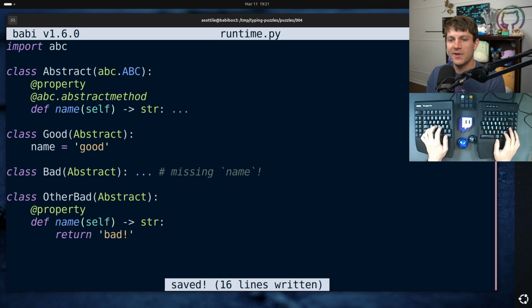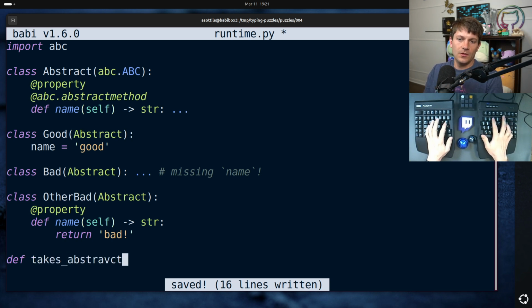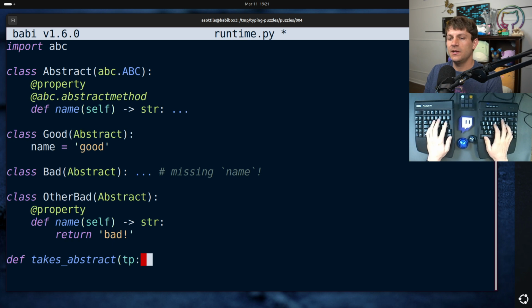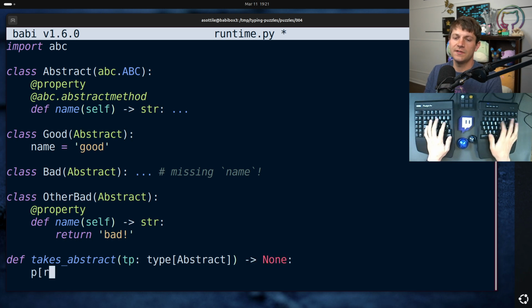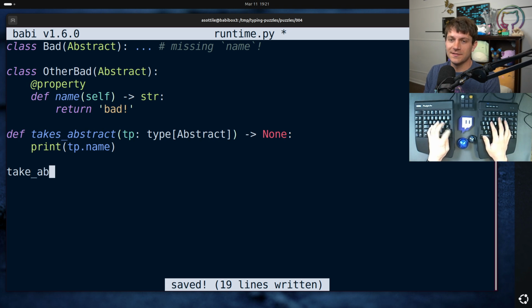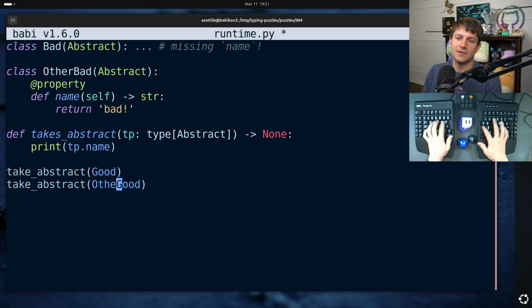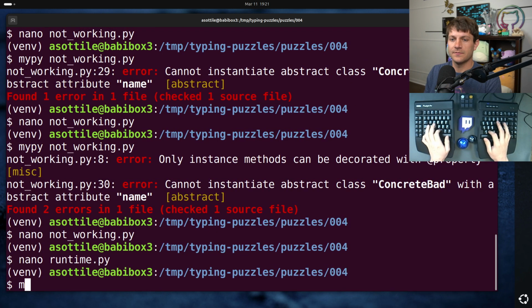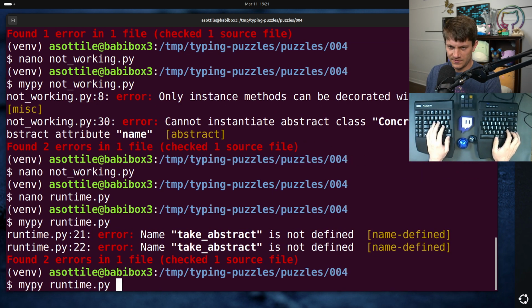And why might this be bad? If you were to write a function which takes in a type of abstract, and let's just say it prints tp.name, which we should be able to do if we've done all the typing properly and be able to print a class variable. This all succeeds, even though it shouldn't. So if we pass in good and other bad,